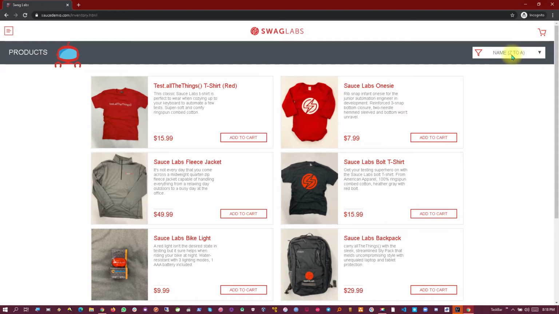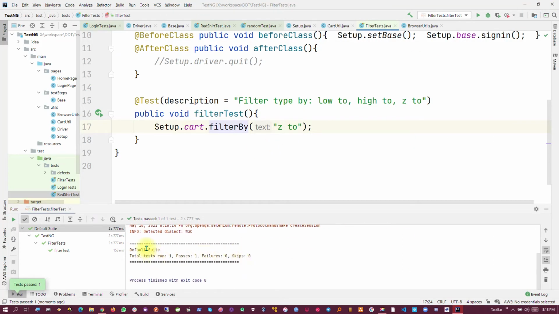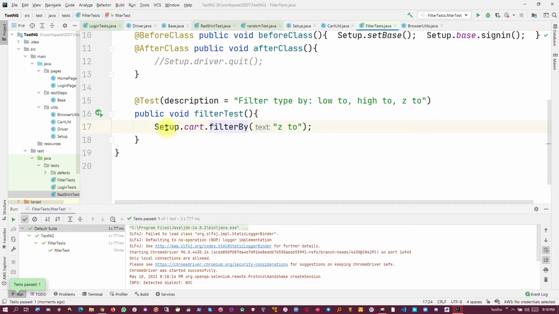All right, so we got to Z to A. And let's check the console. It's clean. So that's how I want to keep it now. And now let's go forward. What do I want to do? I want to come back here